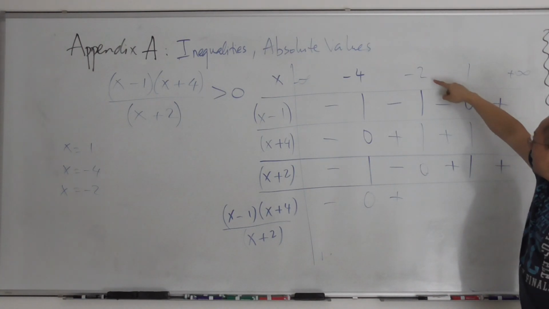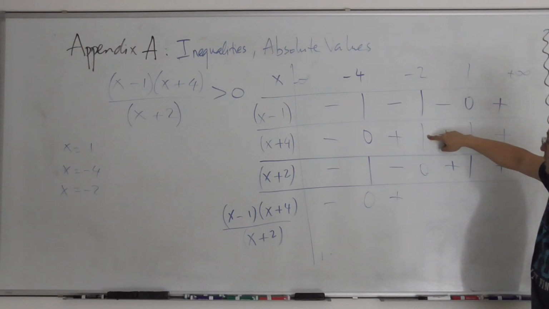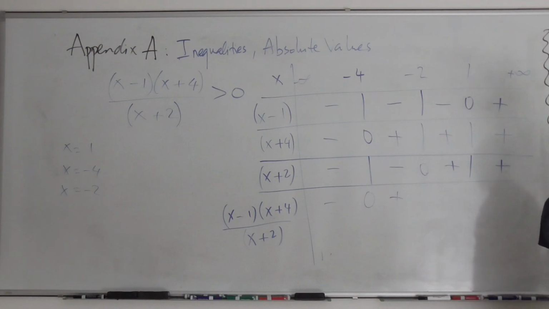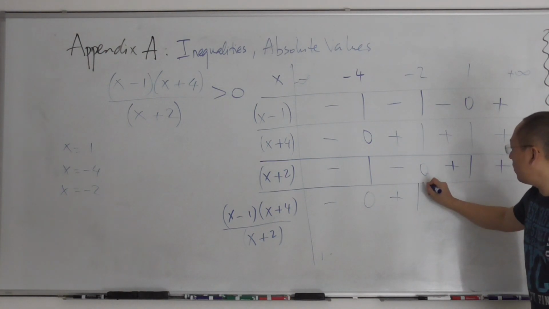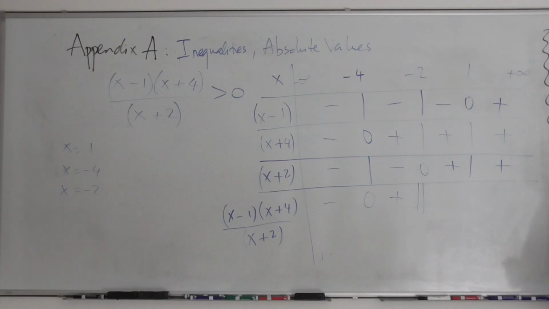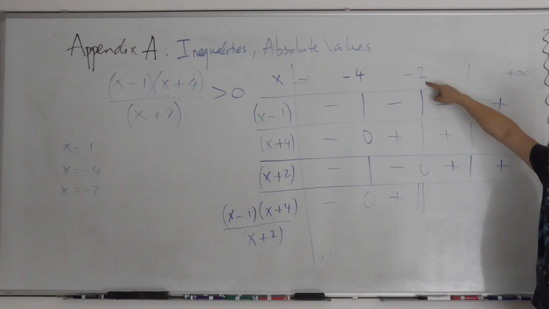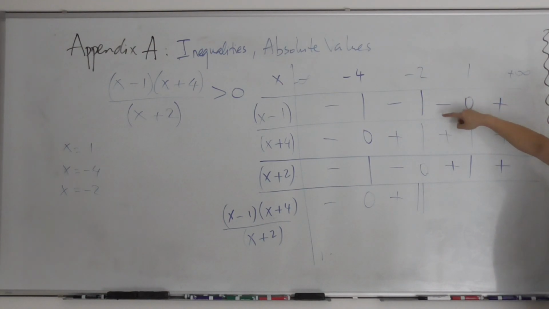X equal to negative 2, we got what? Something times something, which is something, and then divided by 0. What happens when we divide by 0? The answer is undefined, and this is how we denote undefined. 2 bars like that means what? We don't have a number coming out. Okay? Undefined. And now, similarly, when x is between negative 2 and 1, negative times positive is negative, divided by positive